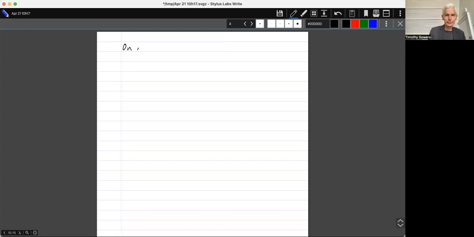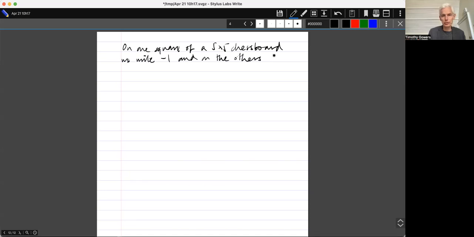On one square of a 5x5 chessboard, we write -1, and on the other 24 squares we write +1.